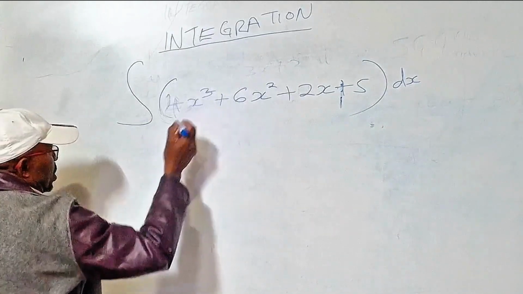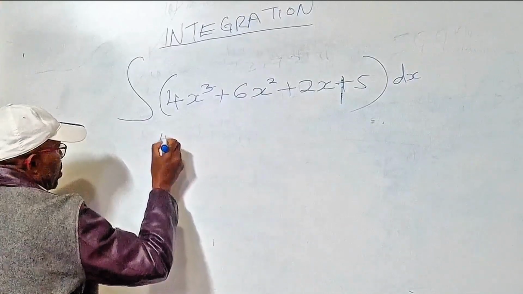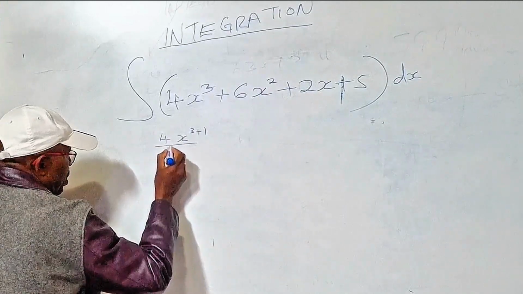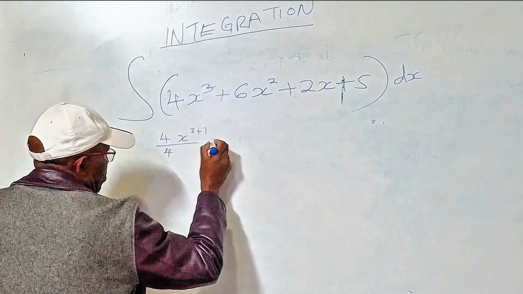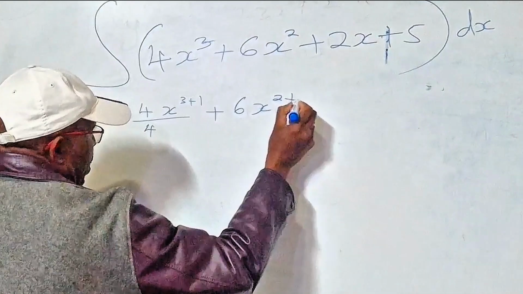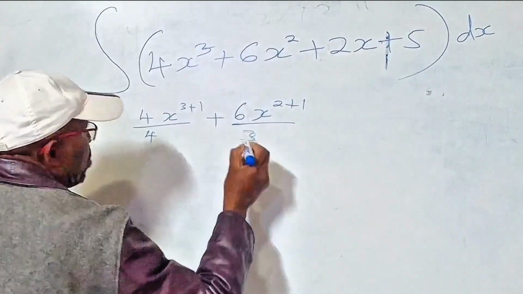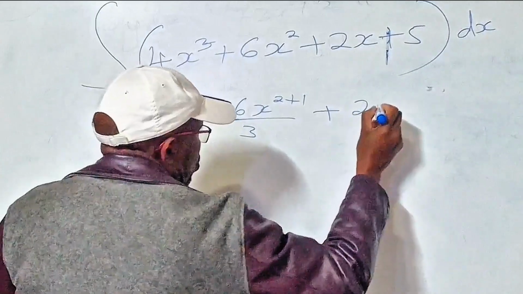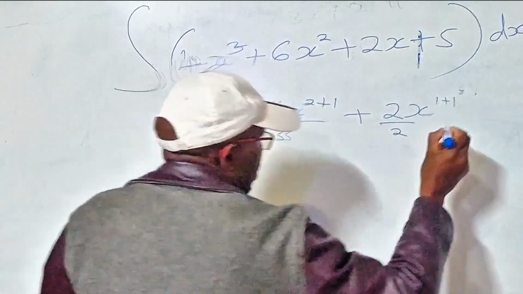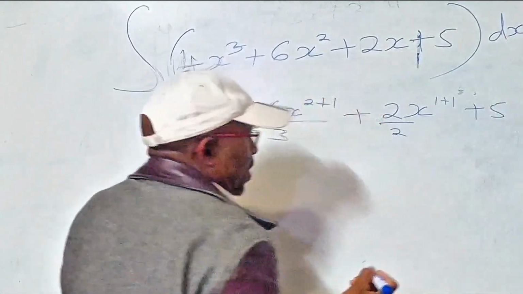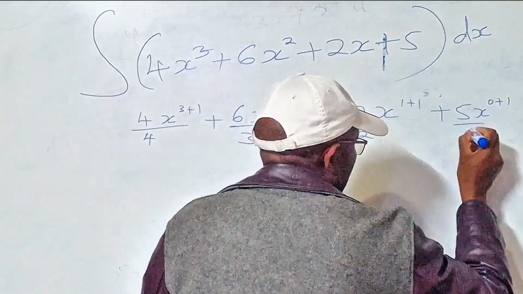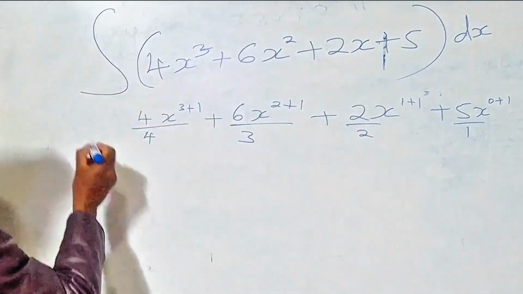We increase the power of x by 1, so this becomes 4 plus 1. Then you divide by the new power, which is 4, plus 6x. You increase the power by 1, then you divide by the new power, plus 2x. You increase the power by 1, then divide by the new power, plus 5, which is assumed to have x to the power 0. So we add 1 and divide by 1. So eventually we get